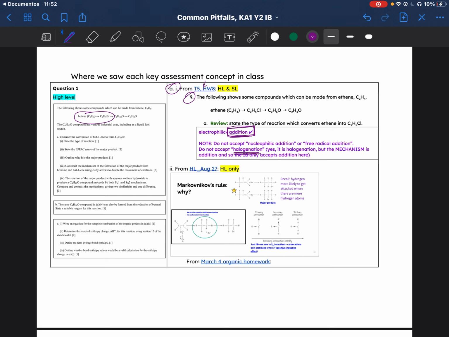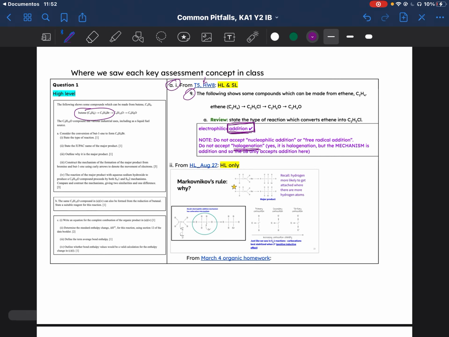All right, moving on to high level only, aiii. So stating the major product, we went over Markovnikov's rule again on August 27th, stating that hydrogen tends to bond where there are other hydrogens. And so many of you realized that if I had HBr, which I know you needed to change on your test, that it just said bromine, but most of you made that change. If you had HBr, well, HBr would indeed, the Br would go to the second carbon. So many of you had